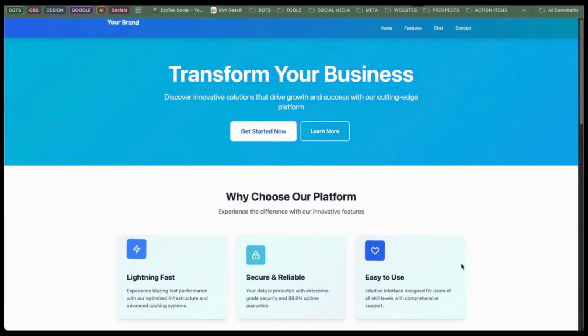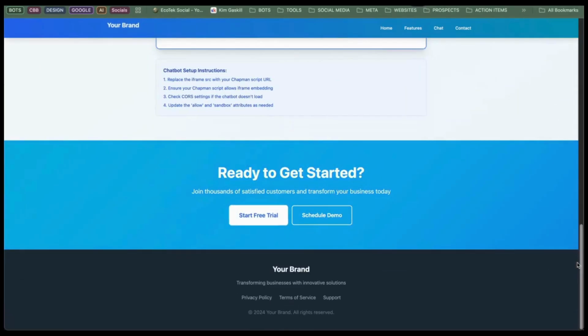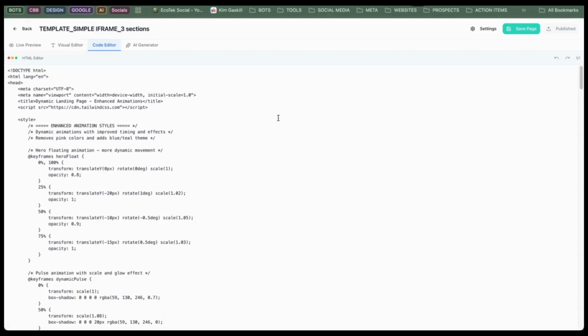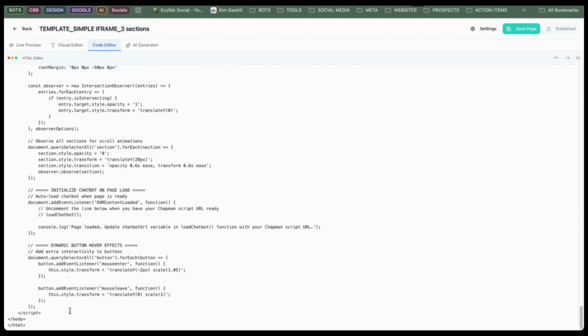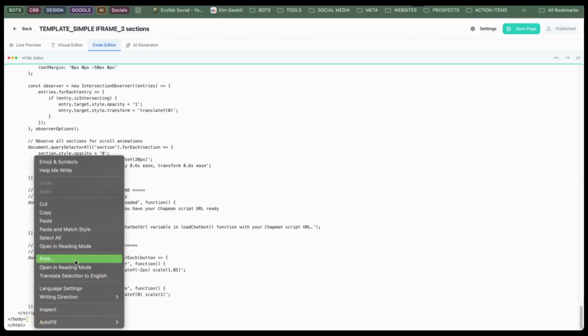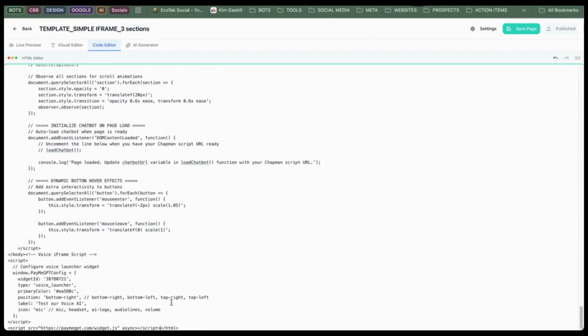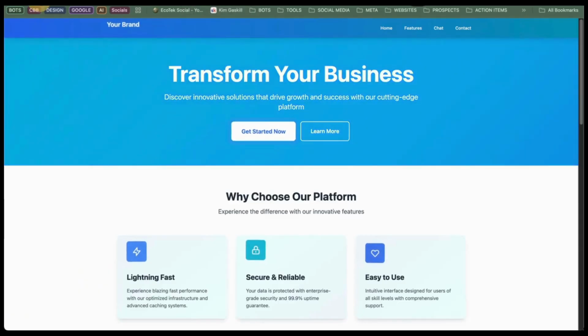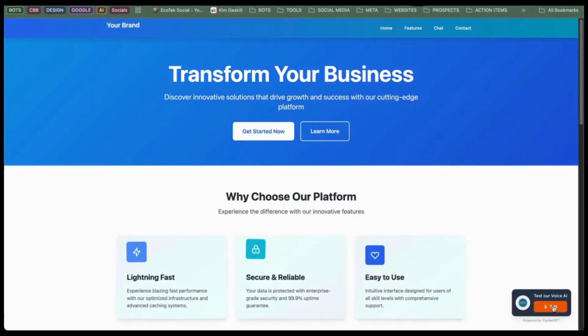And if I want that voice launcher to be on this landing page somewhere, I have to go to the code, go to edit, and look at the code and put that right here at the body, paste it. See, this is the script for that voice launcher. You see it says voice launcher widget, right? Once I put that in there and I save the page, now when I go back and look at it, refresh it, now you see there's a voice launcher here where I could talk